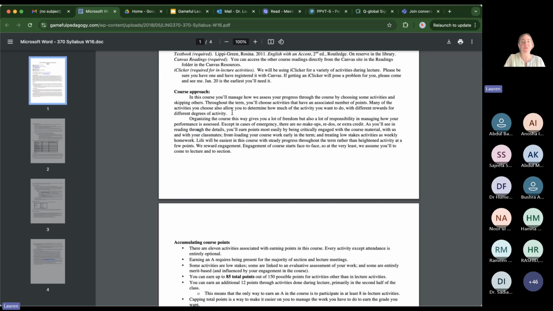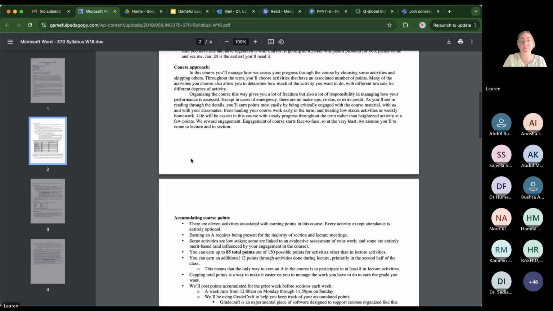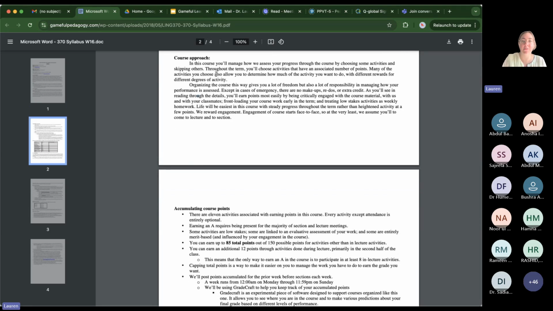Many of the activities you choose will also allow you to determine how much of the activity you want to do, with different rewards for different degrees of activity. She says organizing the course in this way gives you a lot of freedom, but also a lot of responsibility. Except in cases of emergency, there are no makeups, redos, or extra credit.